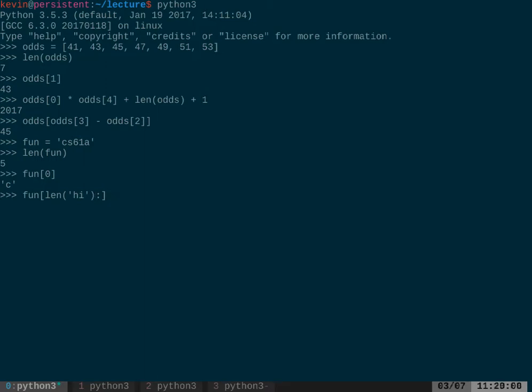So here we're saying I want to get a slice of fun from the length of pi, which is 2 characters long. So it's like saying 2 to the end. So what I should get is 61A. And likewise, I can also slice from the end. Let's say I want to remove 61A and just get CS. An easy way to do that is by using the negative length of the part that I want to get rid of.